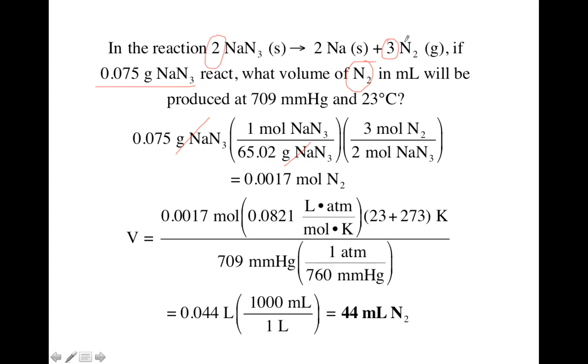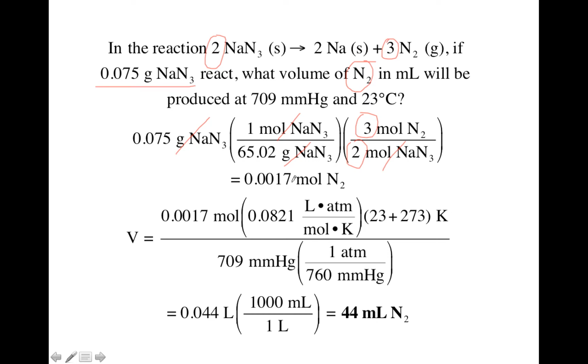For the unknown, there's a 3, and for the known, there's a 2. So we copy those in here as our mole ratio, 3 moles of N2 for every 2 moles of NaN3. So that will convert to moles of N2. Now, if they'd asked for grams, you would just add another bracket and convert to grams of N2, but they